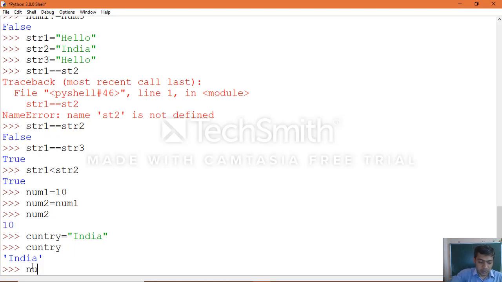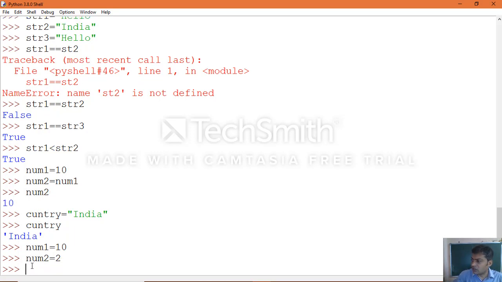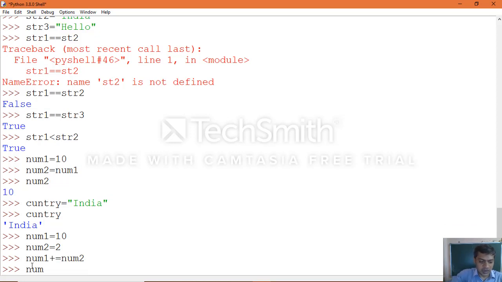Now num1 equal to 10, num2 equal to 2, then apply the shorthand notation which I told you. num1 plus equal to num2. Print the num1 value.